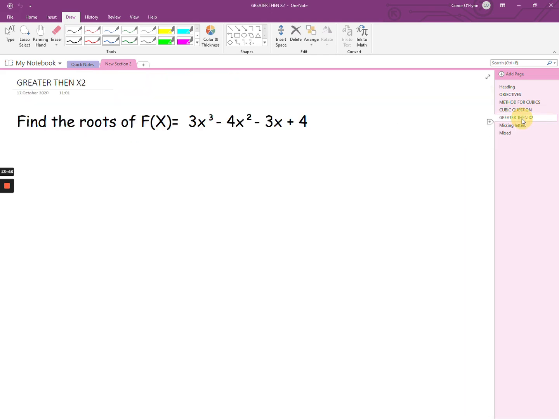So we'll try another one. Okay, find the roots of this one, 3x cubed. Similar enough, just set it up. We'll test out 1 again. Now 1 doesn't necessarily always have to be the one that'll work, it could be minus 1. So we'll just try 1. Sub 1 into this equation. 1 cubed, that'll be 3. That'll be minus 4. That'll be minus 3. Okay, and I get plus 4. Yes, it's grand. And what does that go to? That goes to 0. So straight away 1 will work. So therefore,